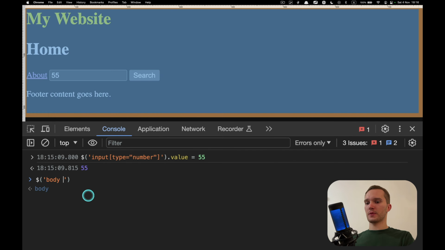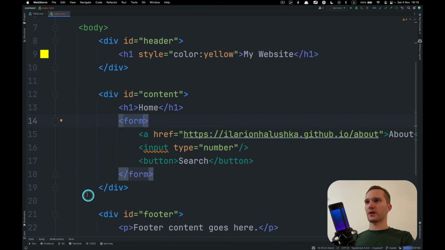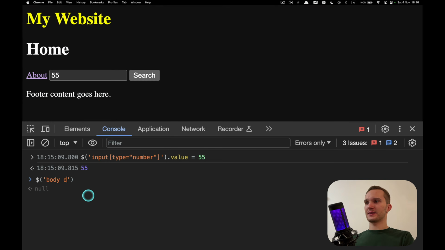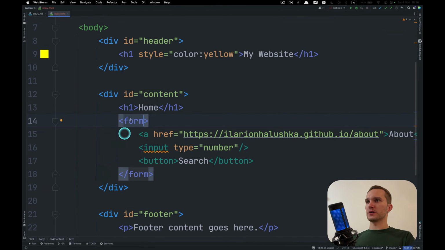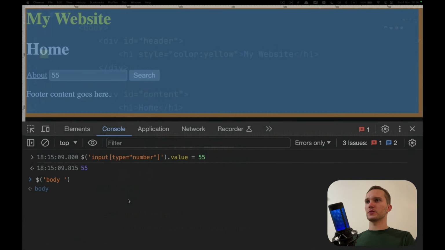Body, what was that? I forgot. Div. Okay, then div. So this is the first div. We just selected the first div. If I tell it not div, but let's select this ID content.